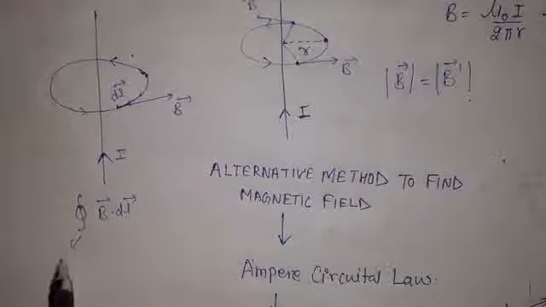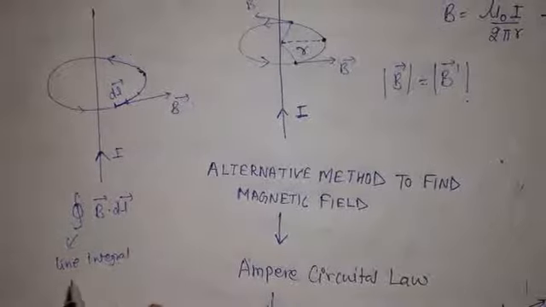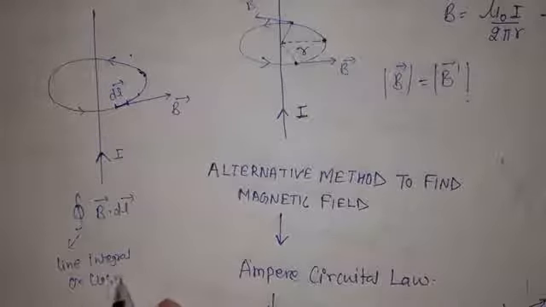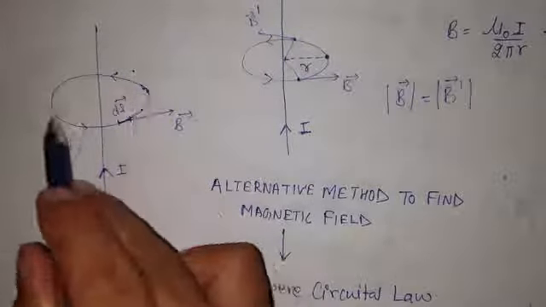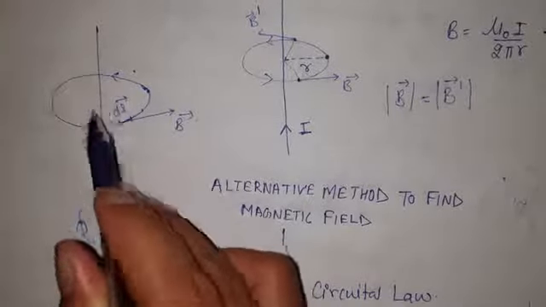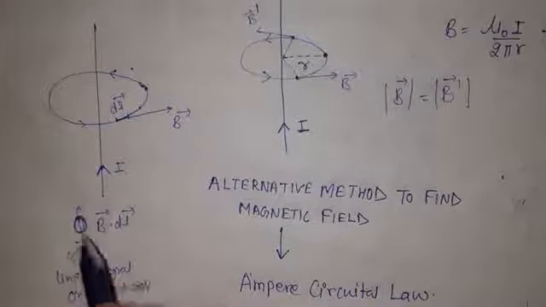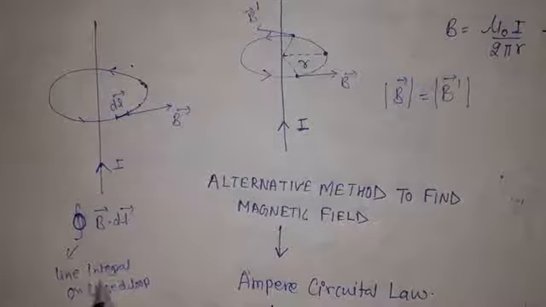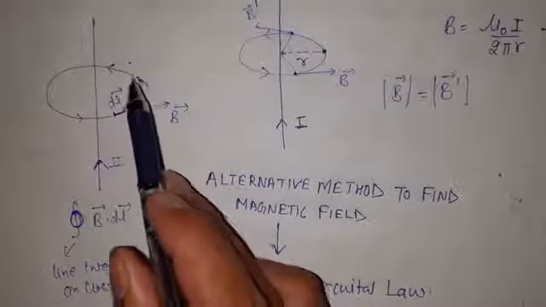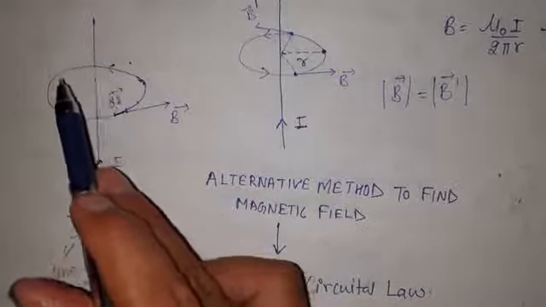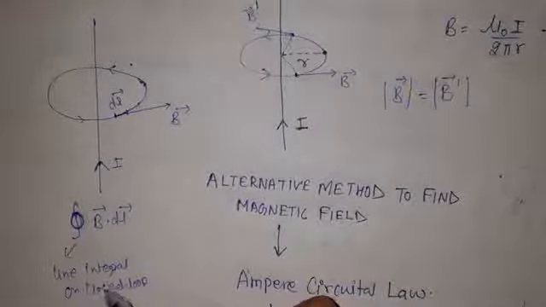So it is said to be line integral on closed loop. So this is on closed loop. As here we have said that it is a closed loop, closed loop is mentioned with this circle. Okay, so this is what line integral is. Line integral means that the magnetic fields which we have on the line, we have to add them up. It is the meaning of line integral.